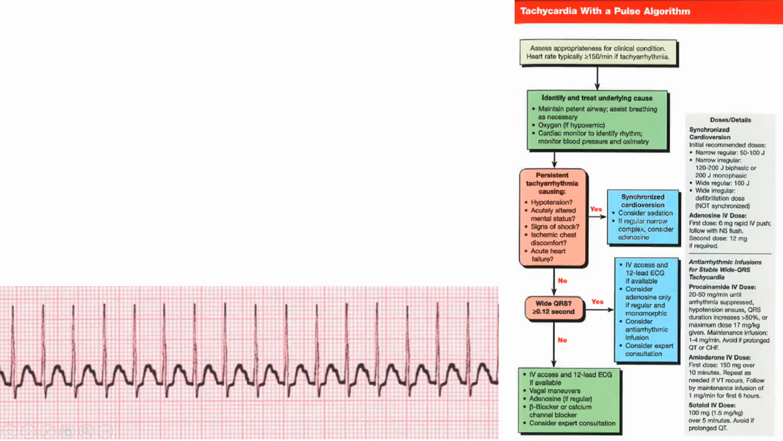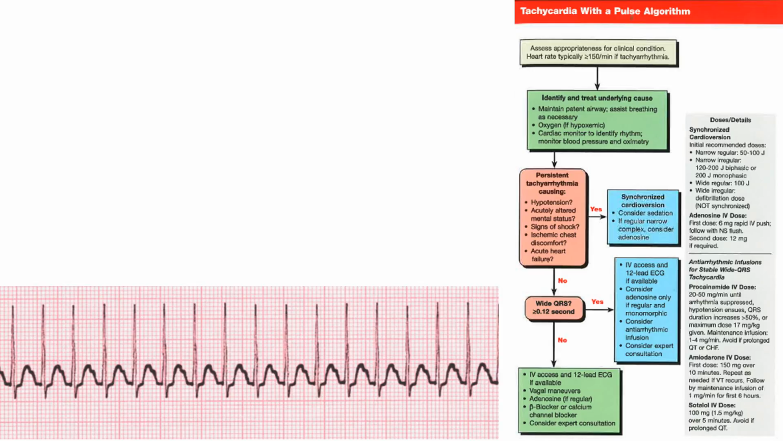So if the person's got a regular beat, give them adenosine. If they have a wide QRS, it looks like also probably adenosine here, as long as it's regular. The difference here between these two, with the wide QRS and non-wide QRS, is it looks like in the case